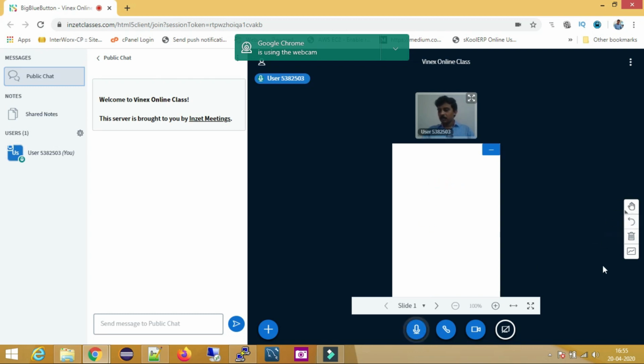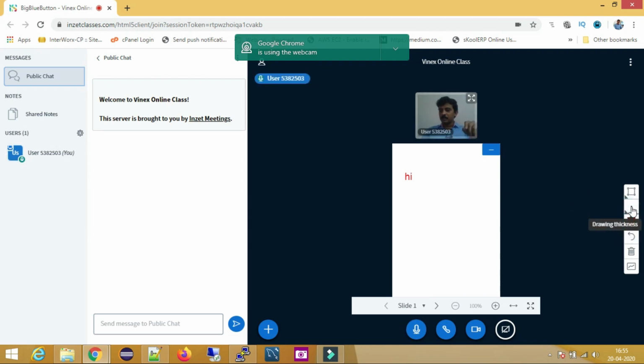Here you will see different controls which can be used to write or draw something on this whiteboard. To use that, you need to click on the hand icon and select a text. Through text you can write something. For example, if you want to draw something, I selected this.